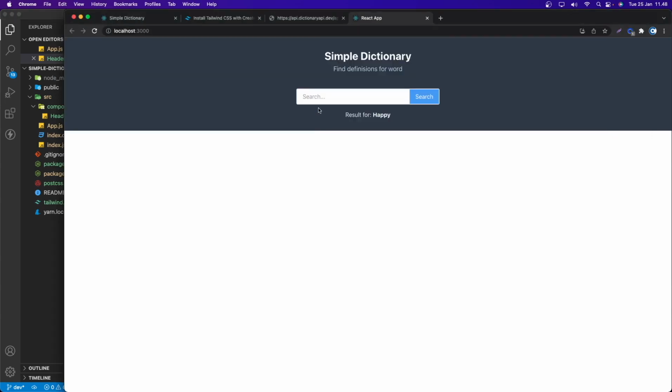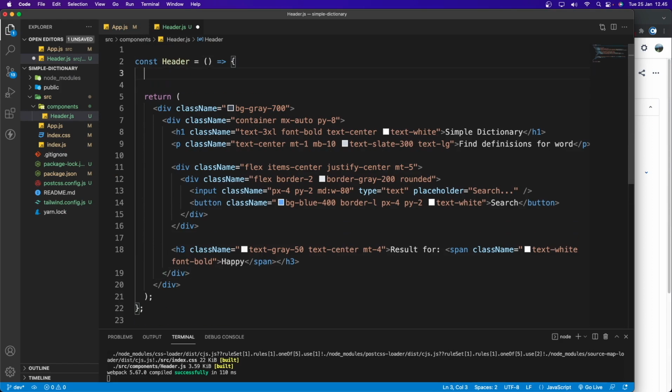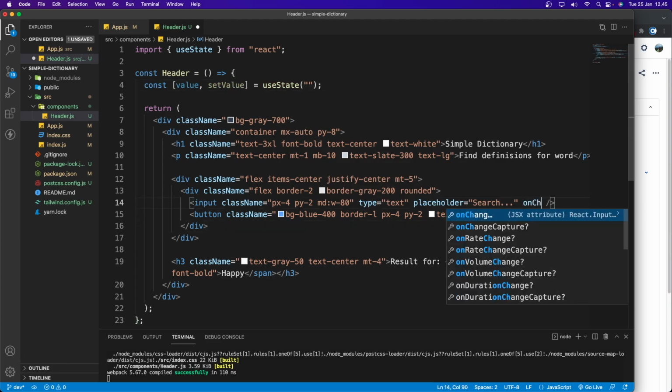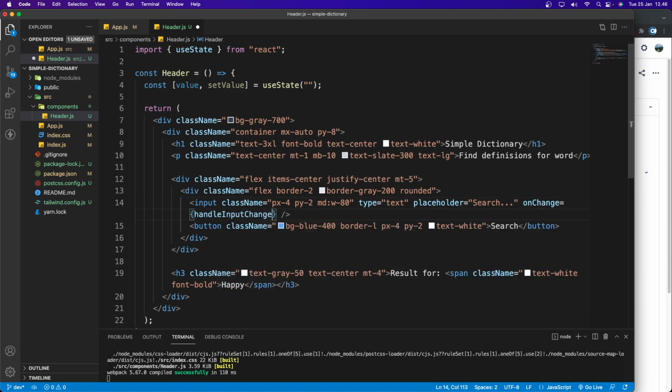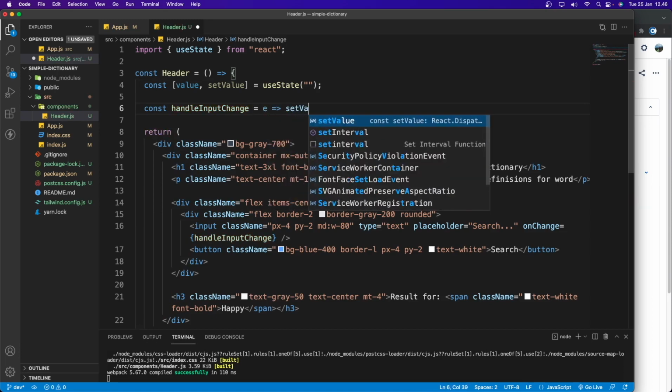Alright, so I think we're done with this header styling, and next what we need to work on is we need to handle the state value here. So let's go to app here, and I'm going to create state. Let's say const, and I'm gonna give a name value and set value that equals to useState. By default it's gonna be an empty string, and in input here I'm going to add an onChange event. So let's say onChange, that goes to, let's say, handleInputChange, and we are going to create this function here. I'm going to create up here, let's say const handleInputChange, that goes to grab the event, and then here I'm going to set the value into